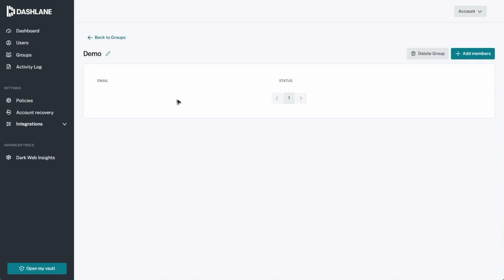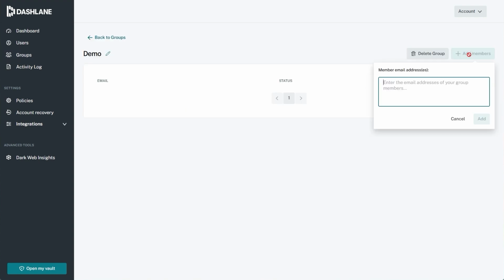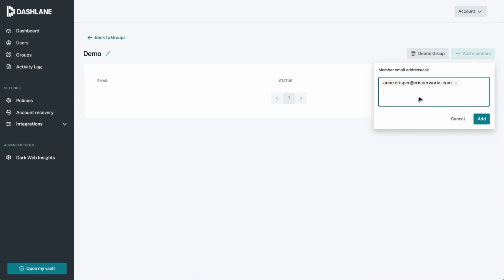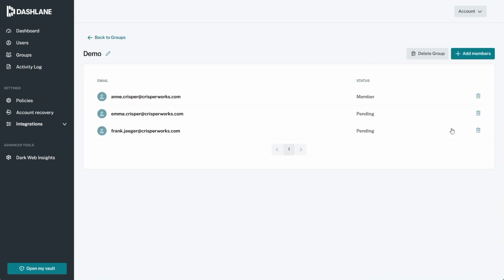So now I'm going to the demo group, and the first user that I'm going to add is myself, because I want to see what is being shared with this group. And then I'm going to enter another 2 or 3 users that I know need to be in this group. And I'm going to click OK. Now you can see here that I'm already a member, and the other users have to accept the invitation to be part of the group. Once users open their vault,